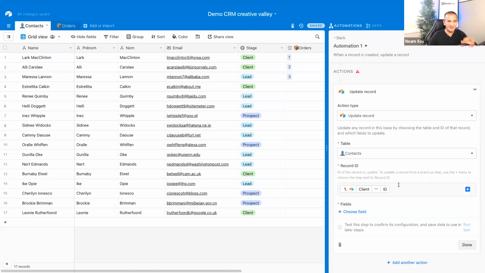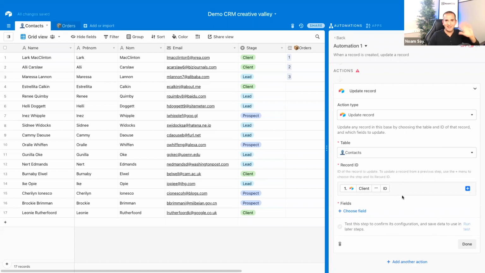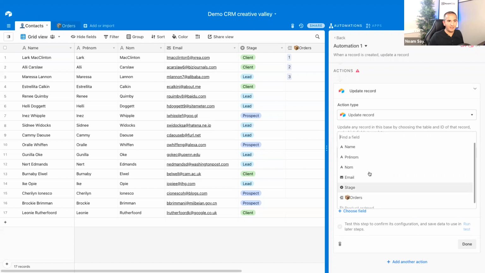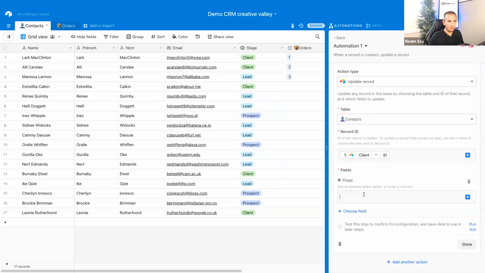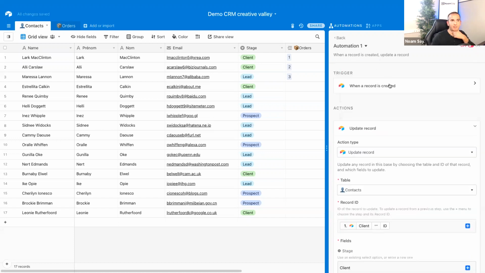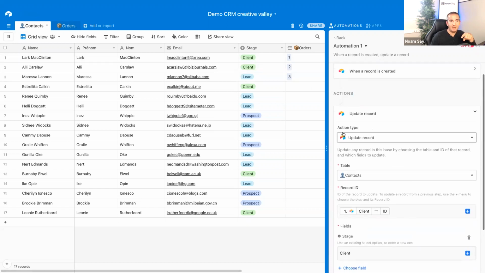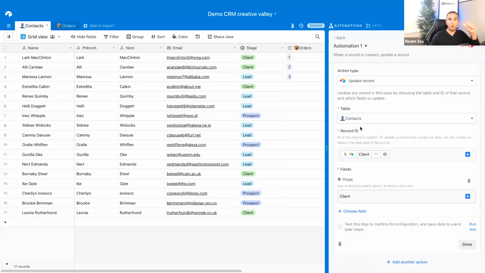Just to show you if you are stuck, I select the record ID, I select the stage, and I will write client. So basically, anytime we have a new record in orders linked to a client, I'm going to update the related contact stage to become client. If I click on run test,